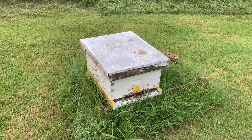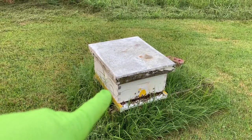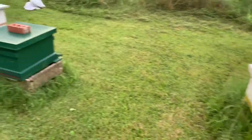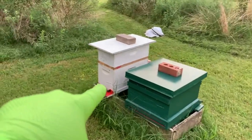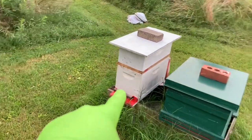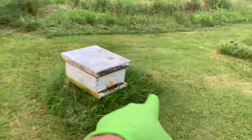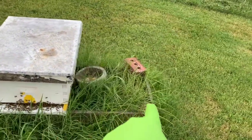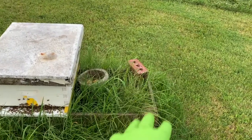So what I'm going to do to relieve some pressure in this box is pull brood and bees from this box and put it over here in this split box. Actually, I'll move that box and put it right here. I need to do some weed eating around here, but I'll set it right there basically where that brick is,